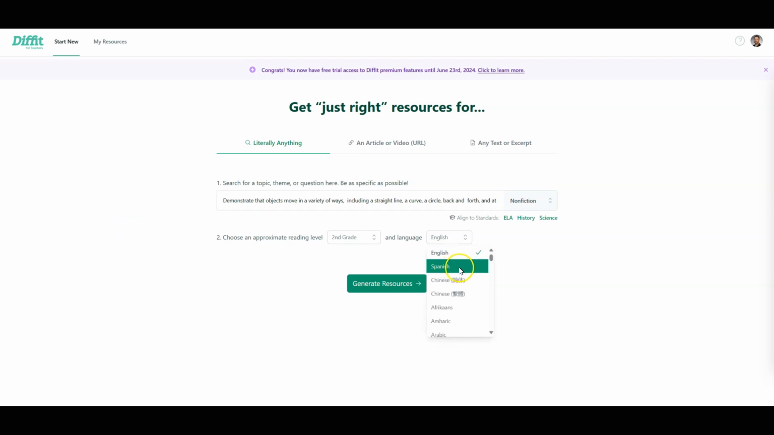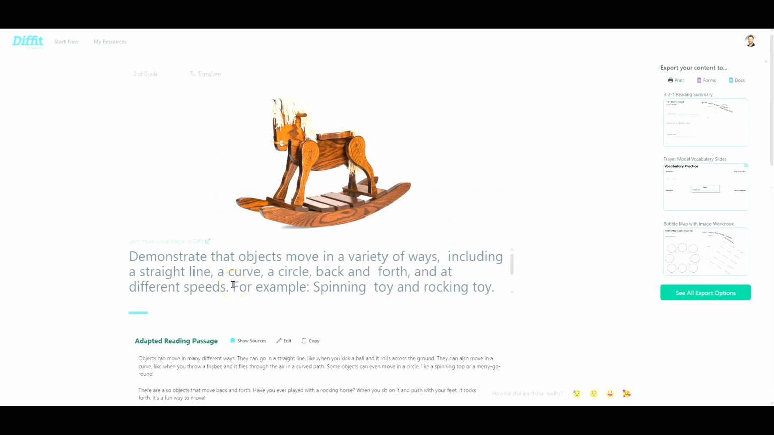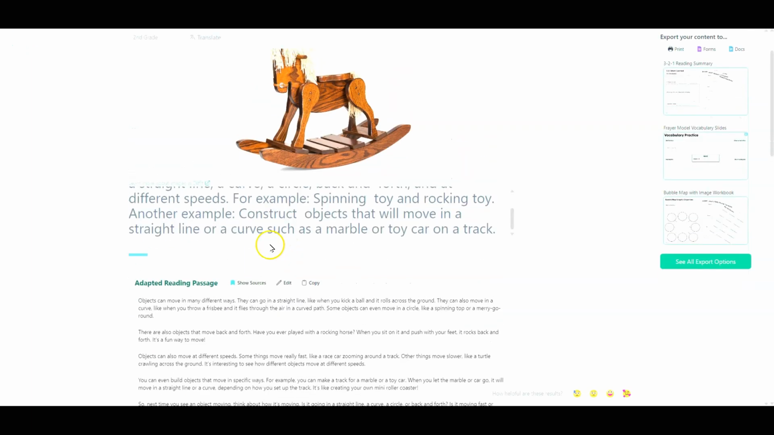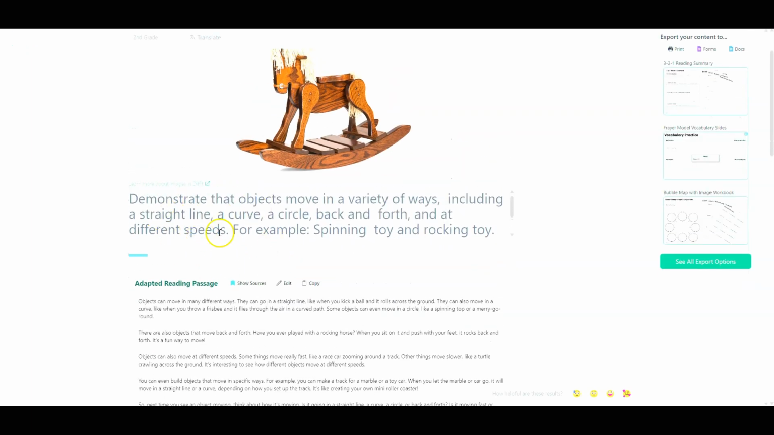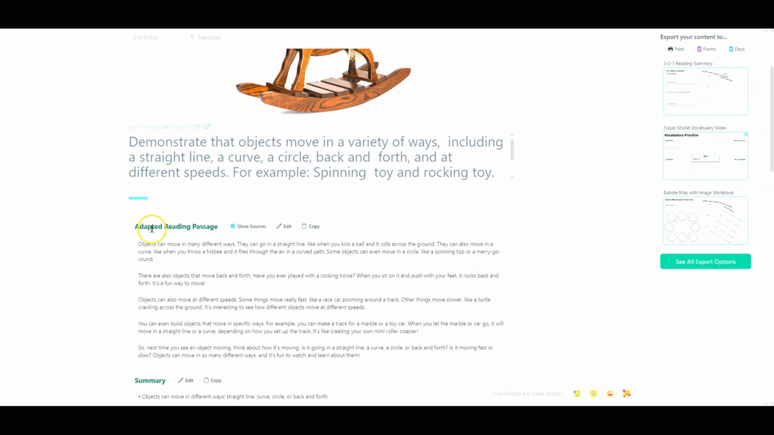For this, I've chosen second grade, and I'm doing English, but you could choose Spanish if you have Spanish speaking students that would need resources as well, using the same standard. Either way, you can generate it in the appropriate language. So when I click generate resources, and we're going to speed ahead a little bit here, I can see that it's got my prompt at the top, and then below that,